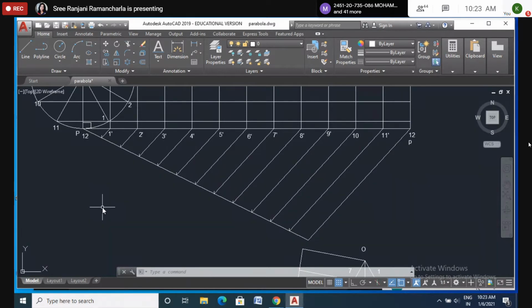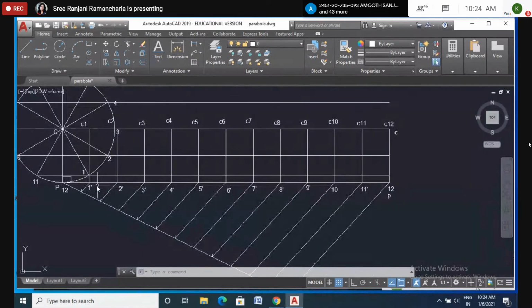Is it clear now? Okay, ma'am. So after dividing, after cutting this line, this length of pi d, this horizontal line, from here you name it as 1 dash, 2 dash, 3 dash, like that, or 1, 2, 3. Don't write 1, 2, 3. 1 dash, 2 dash, 3 dash, because this is 1, this is 2. So 1 dash, 2 dash, 3 dash like that till 12. 12 and P is one, both the same point.